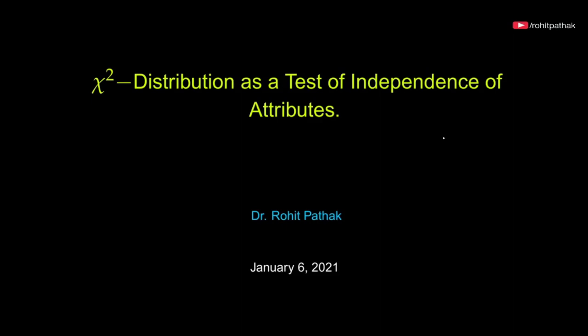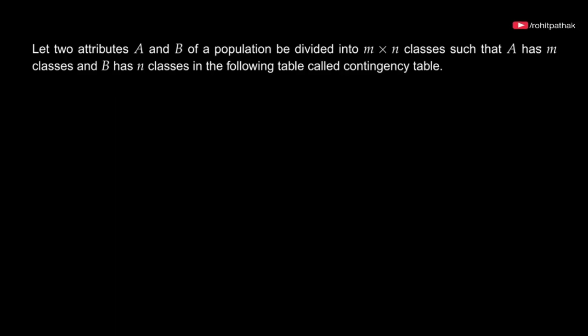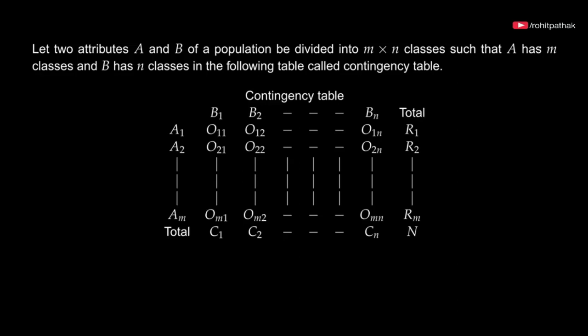In such distribution, we are interested in finding whether the two attributes are independent or not. This can be done by using chi-square distribution as a test of independence of attributes. So how to apply chi-square distribution as a test of independence of attributes? Suppose two attributes A and B of a population be divided into m into n classes into this table, which is called contingency table. Here we see that the attribute A has m classes and attribute B has n classes,